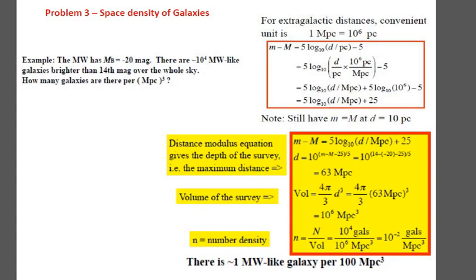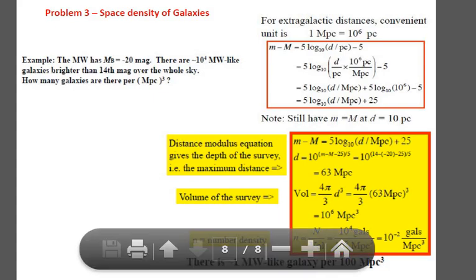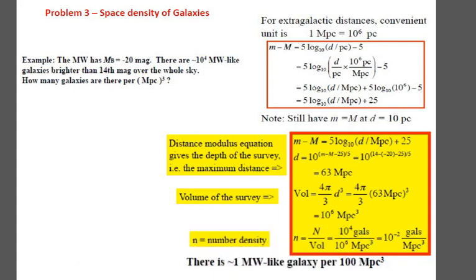Now if we put the values of this absolute magnitude here, right, and also we have the small m, 14th magnitude, small m. If we put these values, then we get the distance of 43 megaparsec. So this means, how much is the volume? It is quite easy to calculate, and you will see it comes out around 10 to the power 6 megaparsec cube.